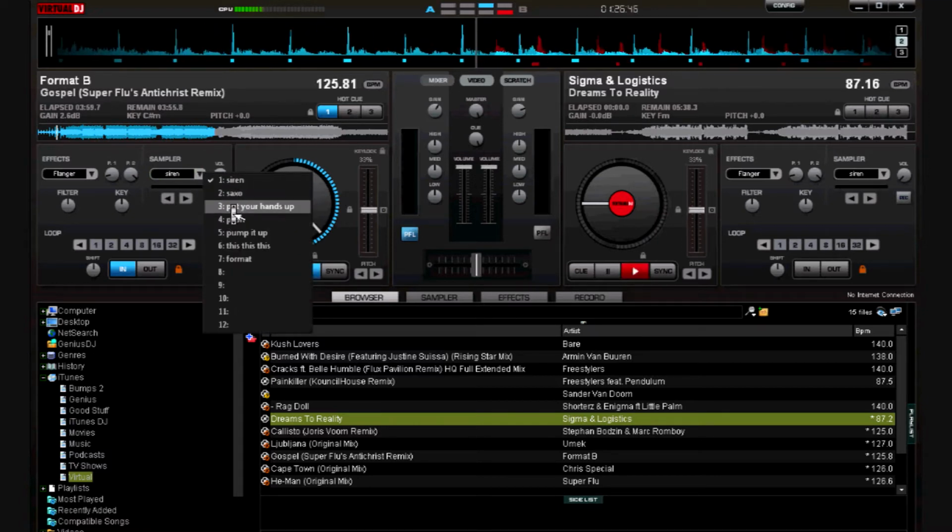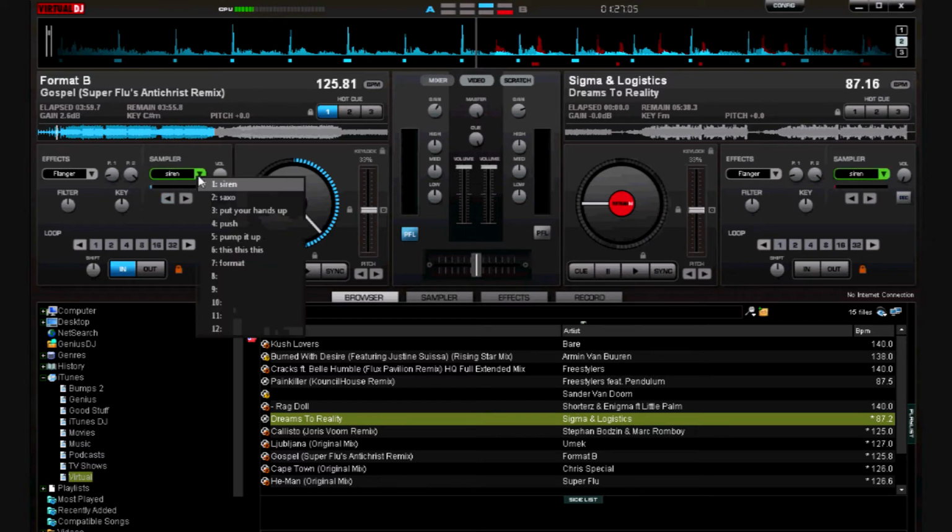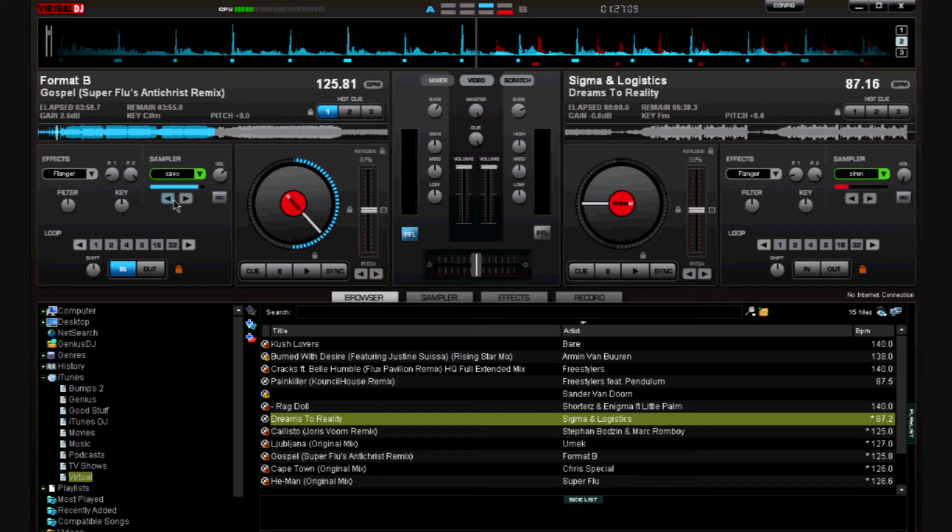Now, right here you have samples, and you can choose any sample. The coolest part is you can create your own. I'll show you how to do that in a second. So I'm going to choose Siren, turn it on, and change the volume right there. You can also increase how fast it goes, or how slow it goes. Not with the siren, but look, with the saxophone, I can increase it and make it go really fast,